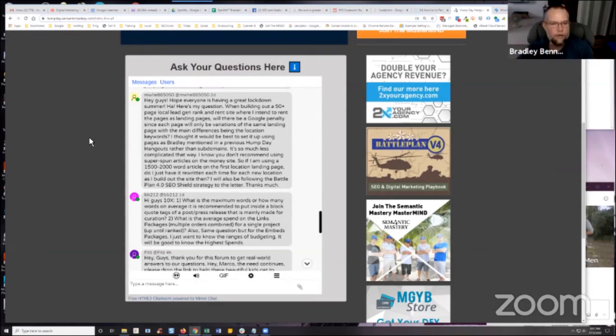Now, I know that's been overkill for all these years, but my thoughts have always been that at some point, if all you do is use the same damn content for every page and you're just swapping out location tokens, location modifiers, then it's easy for Google to de-index that or to penalize it, because it's basically exact copies of everything with just the location names changed. And again, I know other people might want to debate me on it. That's fine. I'm just telling you what my own personal process has been since I started doing SEO and lead gen sites, and that's to always try to use unique content.